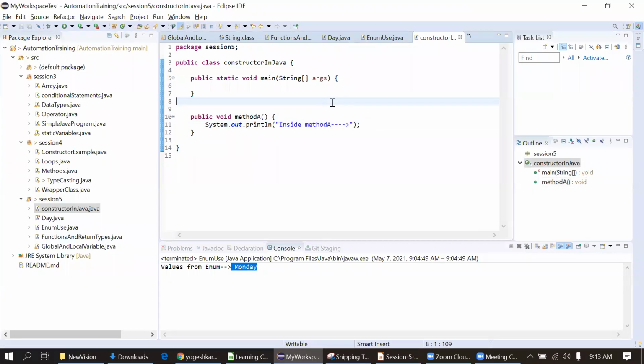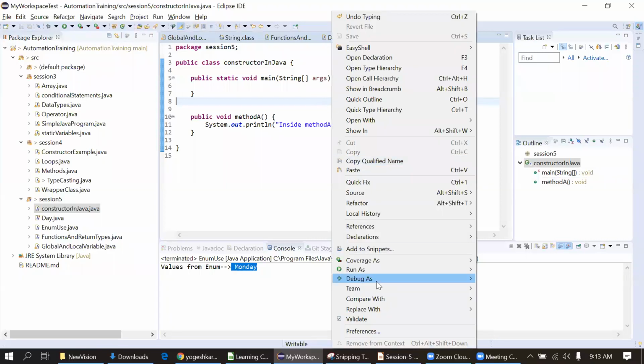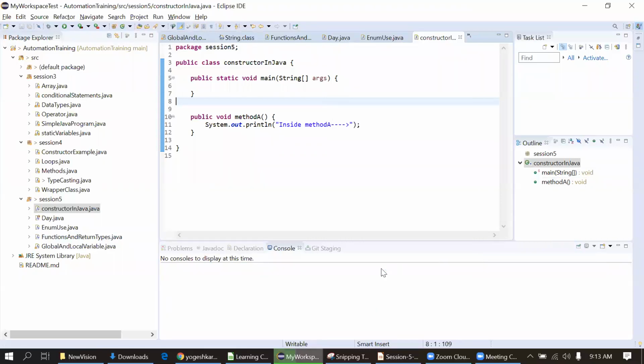Now see, whenever I execute the program, it will not print anything because there is nothing in the main.